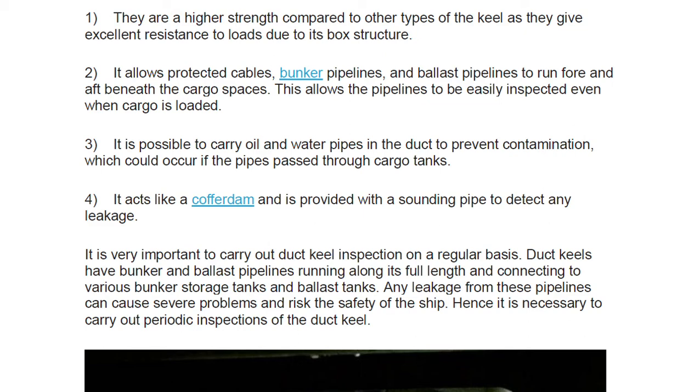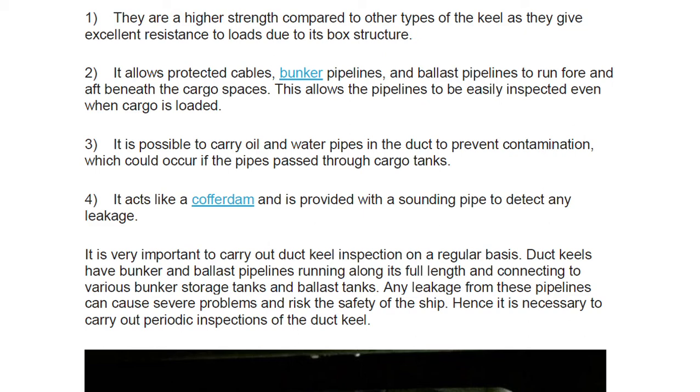It allows protected cables. Now since it acts as a box, it allows protected cables, bunkers, pipelines and ballast pipeline to run fore and aft beneath the cargo spaces. So it will act as this. This allows the pipeline to be easily inspected even when cargo is loaded. So even when the cargo is loaded,